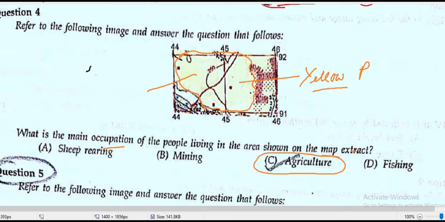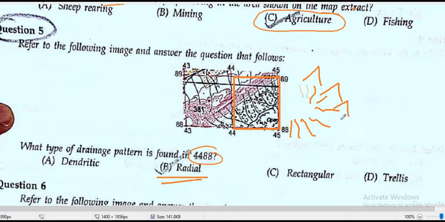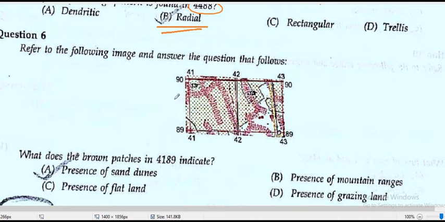Okay, the next is, what type of drainage pattern is found in 4488? Again in 4488, what type of drainage pattern can we see? Here you can see this type of drainage lines, and they show us the radial type of drainage pattern. We can see this type of drainage pattern where in the surrounding areas there are mountains, and in between there is a